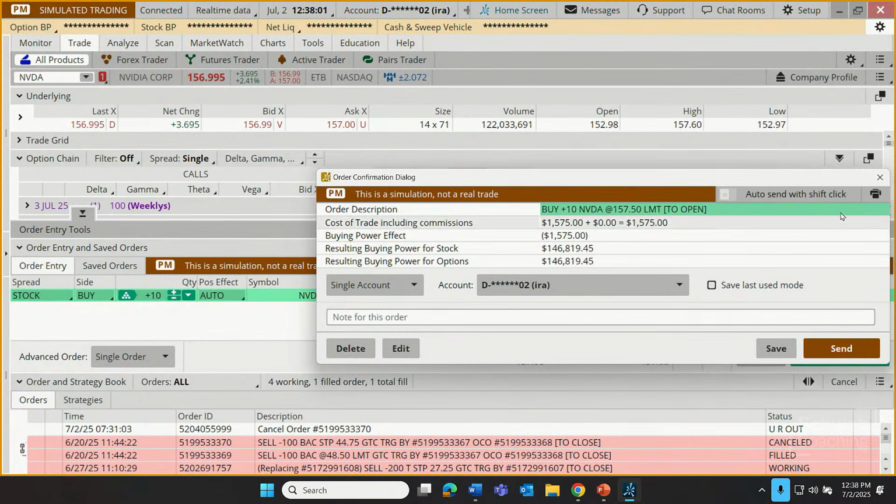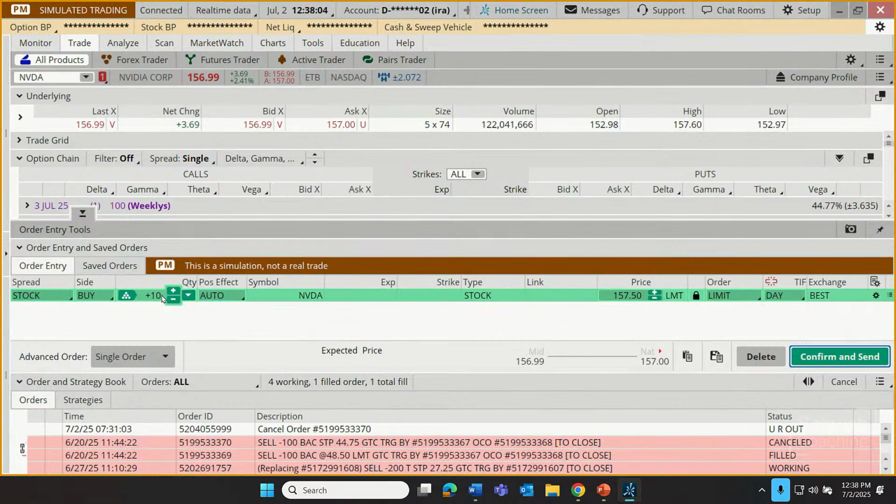Now, I could have, by the way, let me show this one other feature here. I always like to show as many as I can, and I have the time, so let's do it. I've set my defaults using the application settings up here to just create orders for 10 shares. Doesn't have to be 10. We can just erase what's in there and put in any quantity we like. So for example, maybe I only wanted 5 shares, or maybe I wanted 55 shares. Just type in whatever we want.